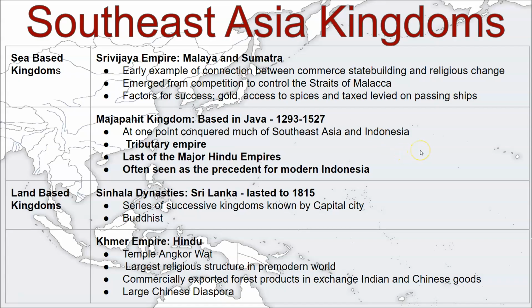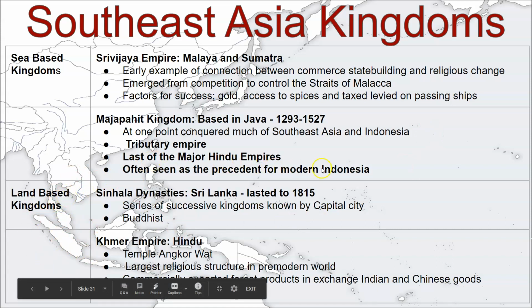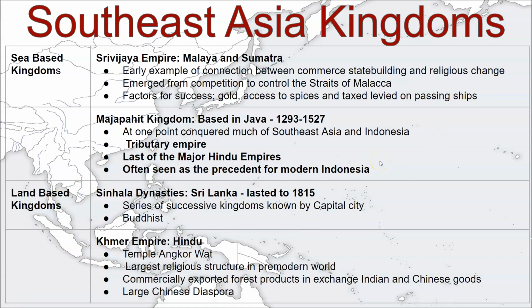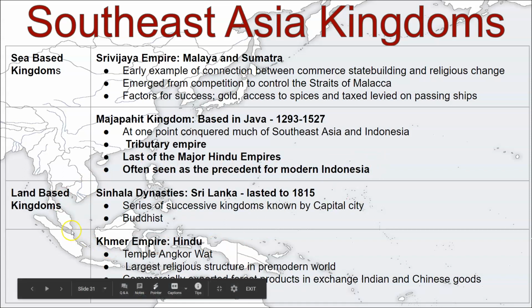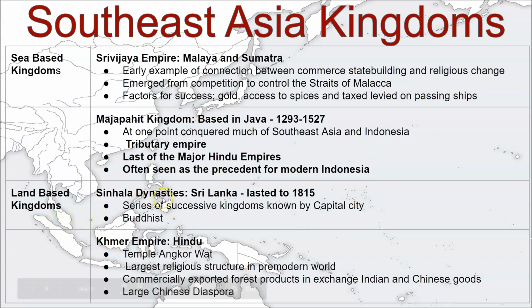Okay, moving on to Southeast Asia, there's really only just some kingdoms you need to know from there. So there's several of them. You have the Srivijaya, based in Malaya and Sumatra, which is this territory down here. An early example of the connection between commerce and state building and religious change. And a lot of that has to do with the fact that they conquered and controlled the Strait of Malacca, which is the richest trade route in the world even today. So that gave them a lot of access to gold, to spices, and to taxes levied on passing ships,